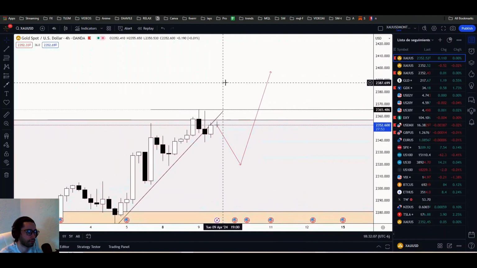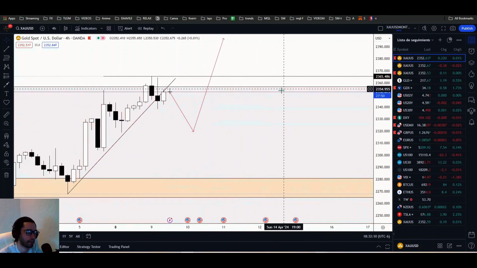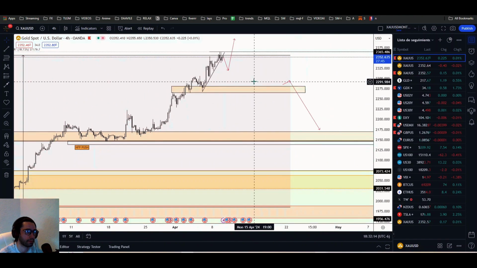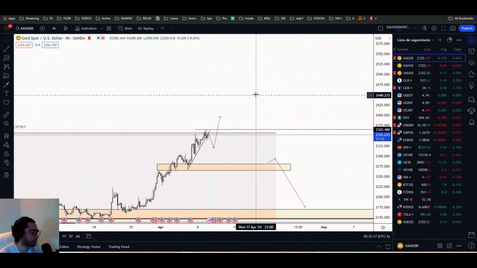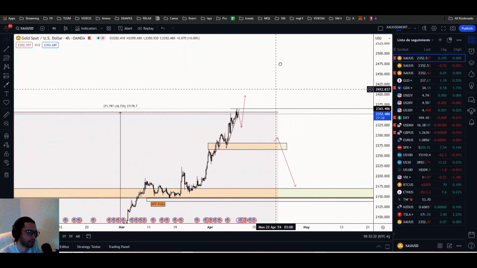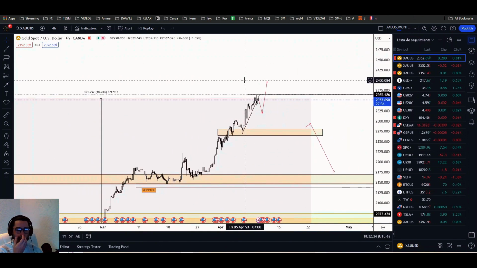So we'll create new all-time highs, and if not, very simple, you will need to check this area and this area for possible retracements to keep buying or as TP for sales. So don't go too much selling also, because we have 5.5% rates. Just expect markets to be still